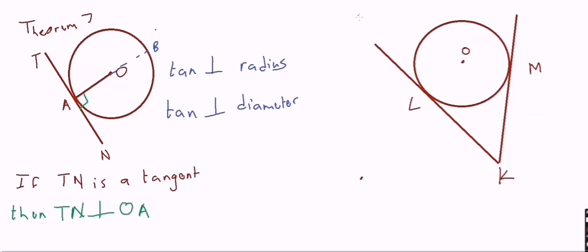So what does theorem, I'm going to call this theorem 8. Theorem 8 tells us if KL and KM are tangents,